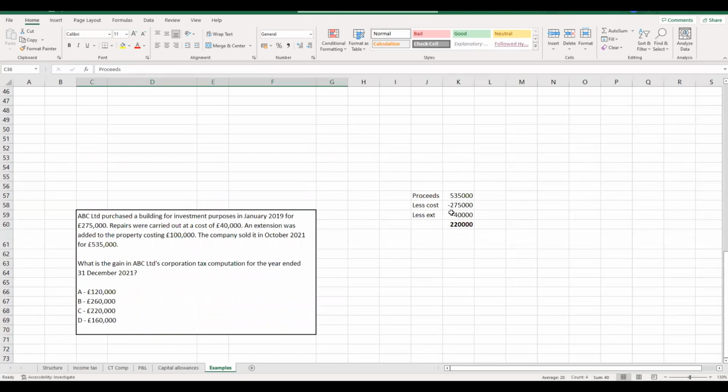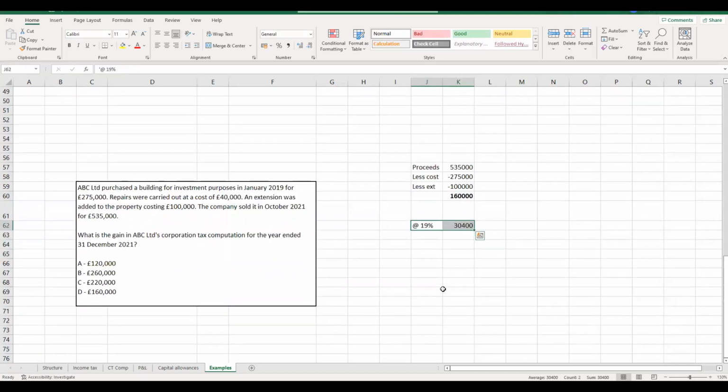What you could also be asked for, and we didn't get asked it in this particular multiple choice question, is, what is the actual corporation tax liability? Now, remember what we were saying: corporation tax is just a flat rate of tax at 19%. So essentially, you're going to take your chargeable gain and multiply it by 19%. You're never going to start applying the bands or the annual exemption. That's individuals and capital gains tax. This is a company and corporation tax at a flat rate. So just bear that in mind, because when you spot that in the questions, it becomes quite a straightforward calculation, as you've just seen.